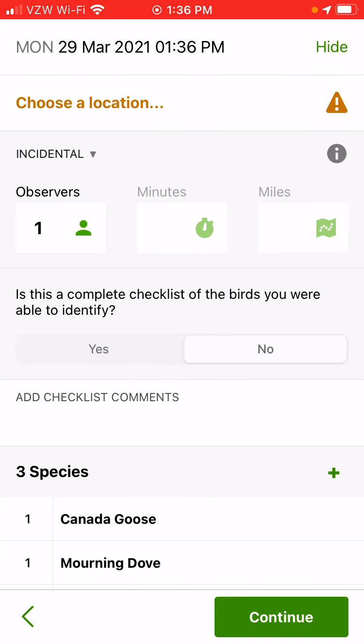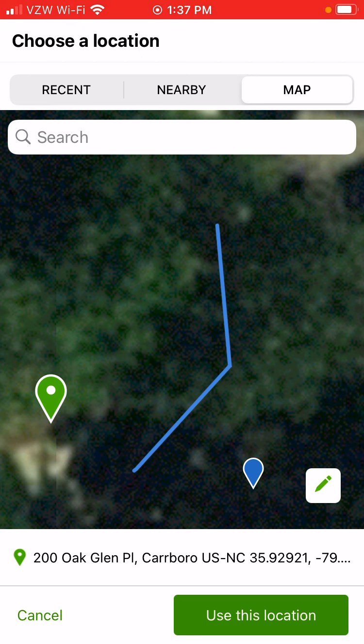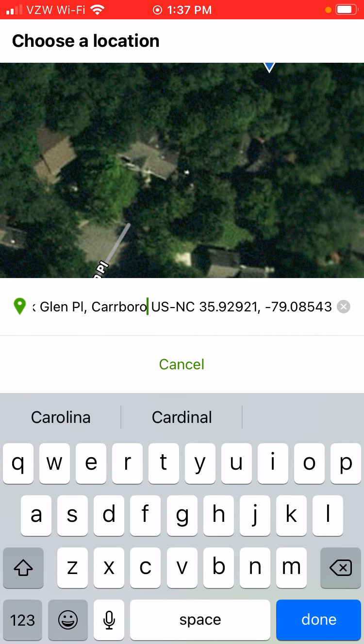Now, the first thing you're going to need to do, especially if this is the first time you've been using the mobile app to submit each checklist individually, each individual point count stop, is you're going to need to name this stop so we can unite it with what route it belongs to. So we're going to tap Choose a Location at the top, and this Map tab on the top right. And you can see at the very bottom, it gives us an address, which is your GPS's best guess about